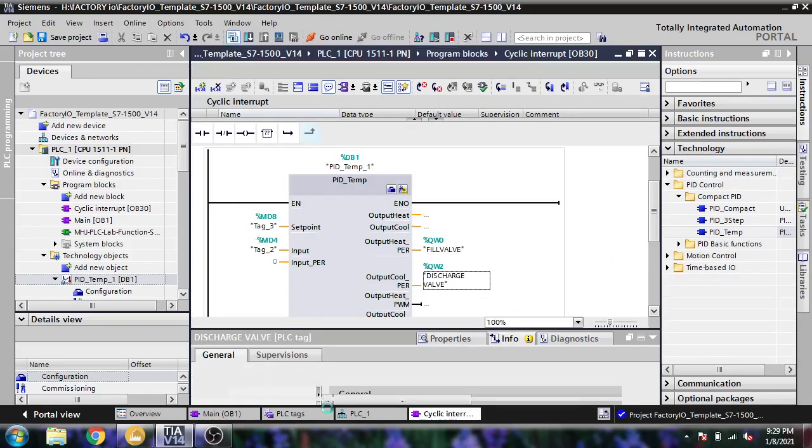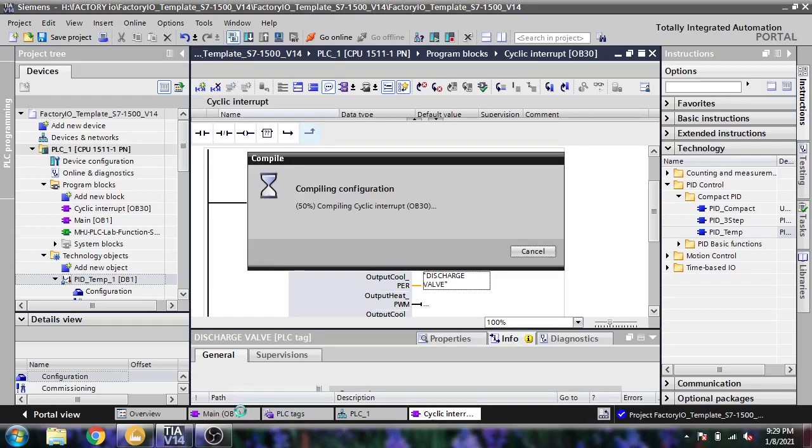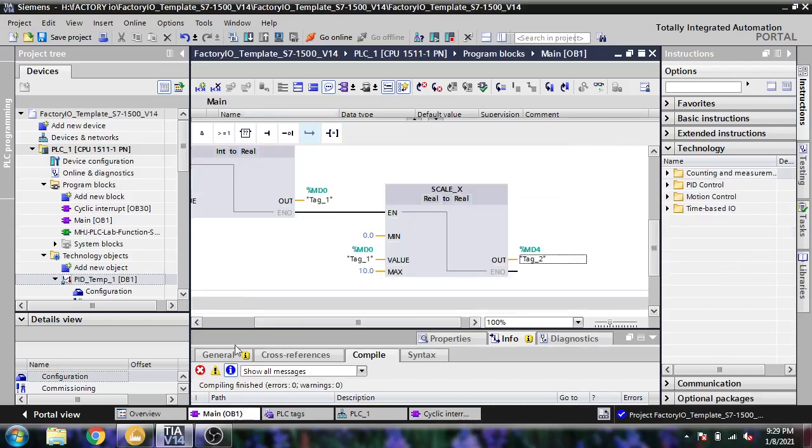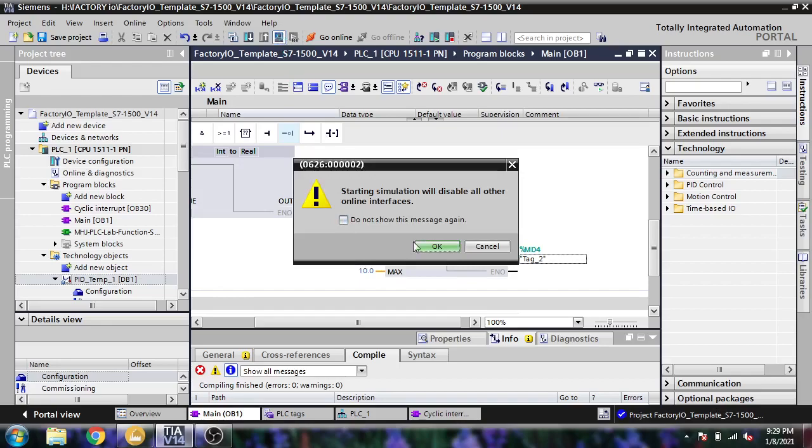Now I'm going to compile that one, and compile the other also, and I'm going to start a simulation to check it.